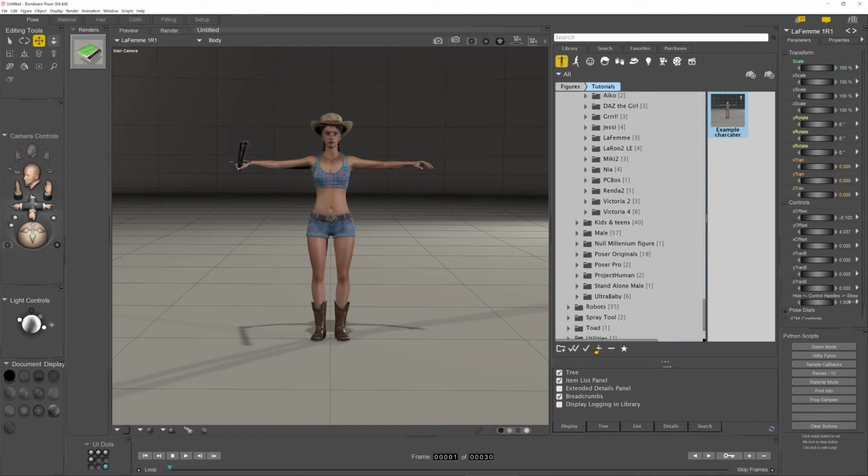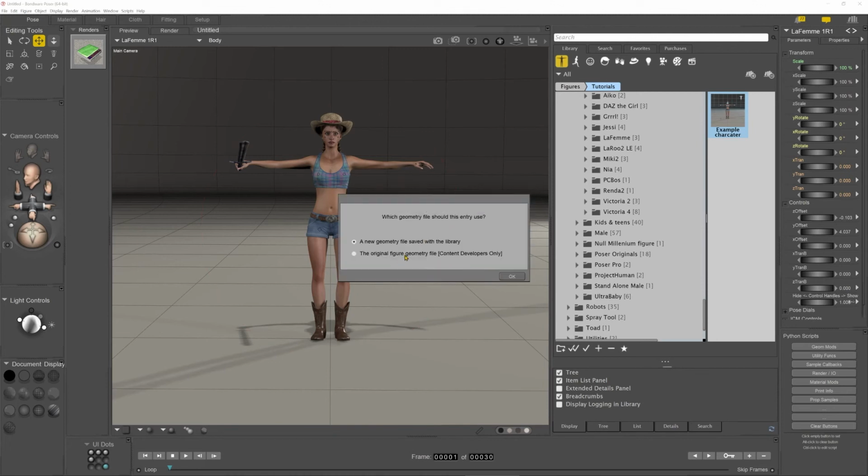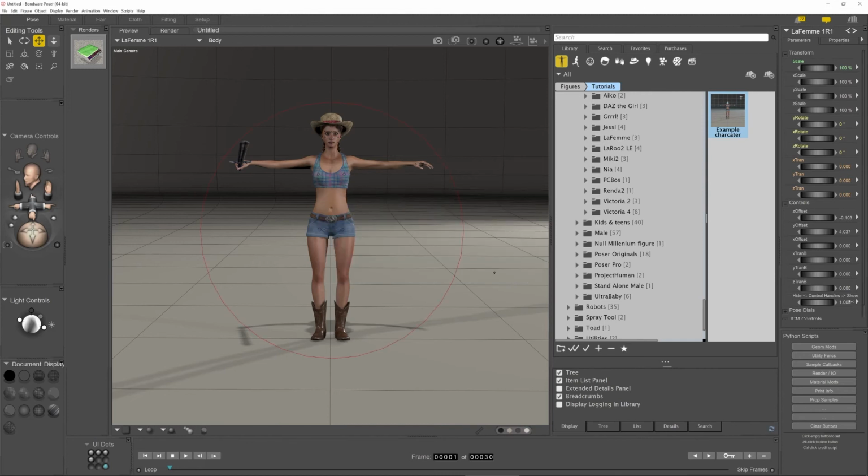So we're going to go plus, and we're going to say Pro, and this time we're going to do the original figure geometry. So what this should do is simply retain pointers to the original figure geometry. So the version we saved before should have saved the geometry in the library, and it was 19050. This time we're going to choose the version that points to the geometry, just uses references rather than including the geometry. And if I save that, do whole group, so it's saving everything there, and go back to the folder,